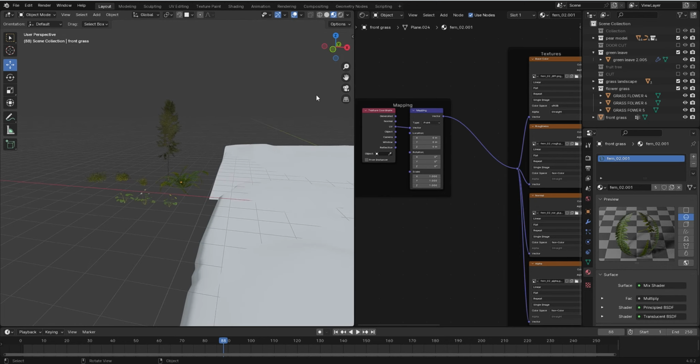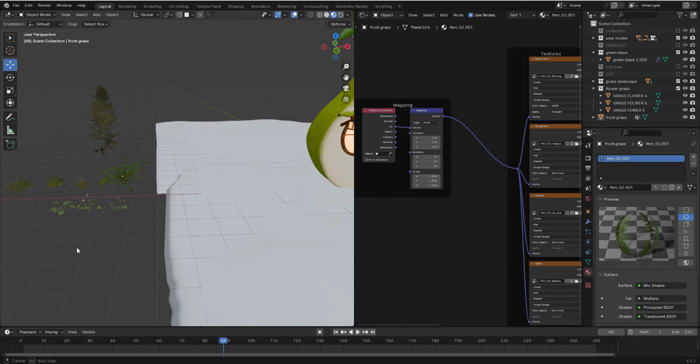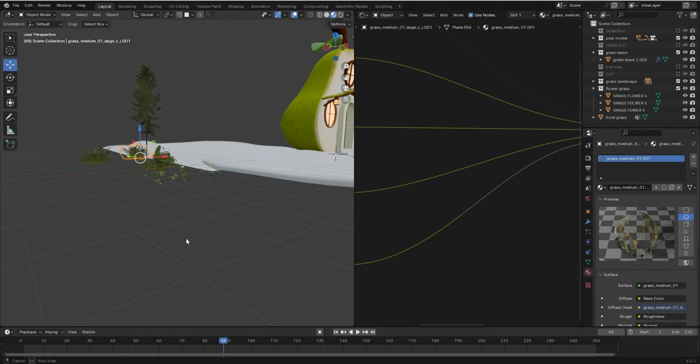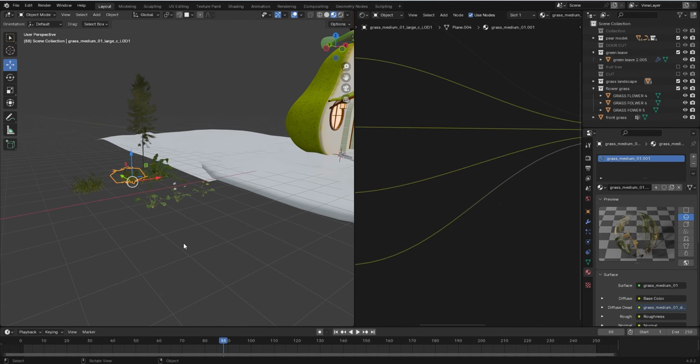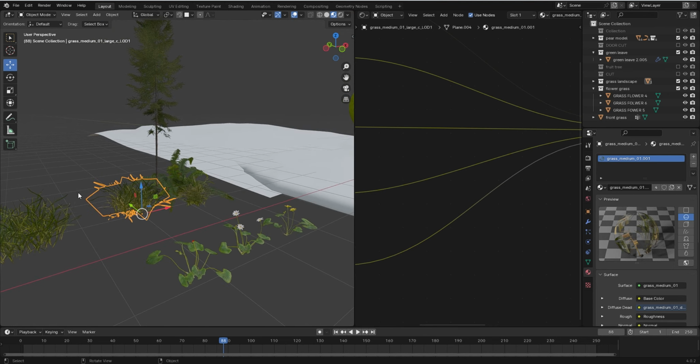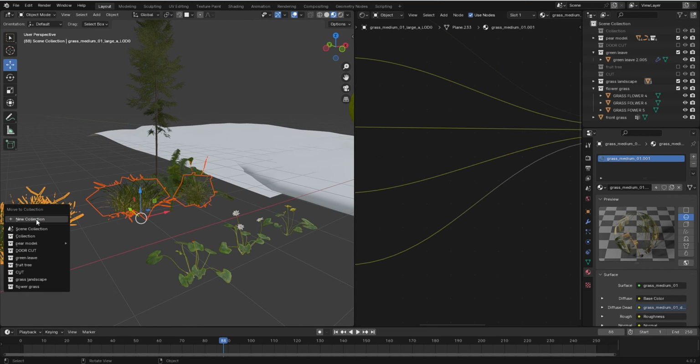So I'm going to use particles for this. I'm going to start with our grasses. I've already added this in a collection. If you have downloaded yours, it must not necessarily look the same as mine. You can add them in a collection by pressing M. Just select everything, holding Shift, and press M. Add in a collection. Let's rename this to grass